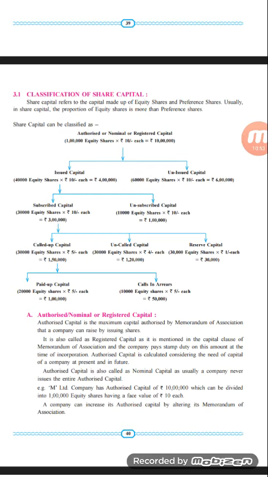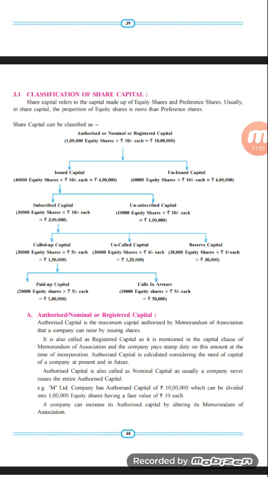So here how much is uncalled? 30,000 equity shares of rupees 4 each. How much does the investor still have to pay? Rupees 4 each. So 30,000 equity shares into rupees 4 each comes to rupees 1,20,000. So here 1,20,000 is the total amount that is still pending, and whenever the company demands it from the investors in the market, they will get it.